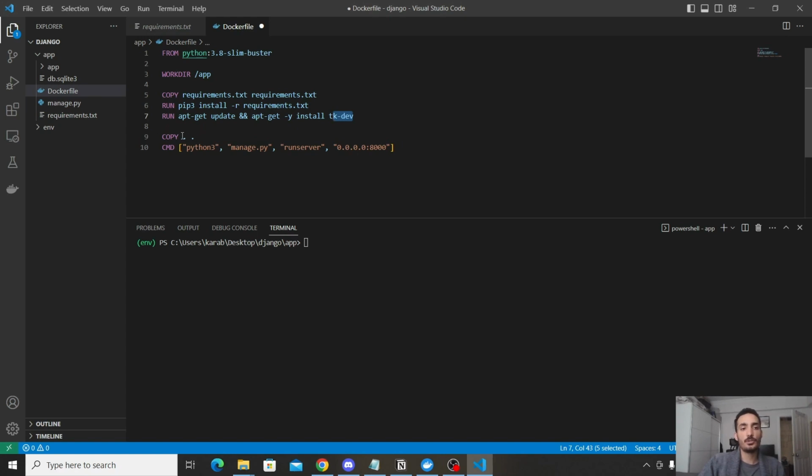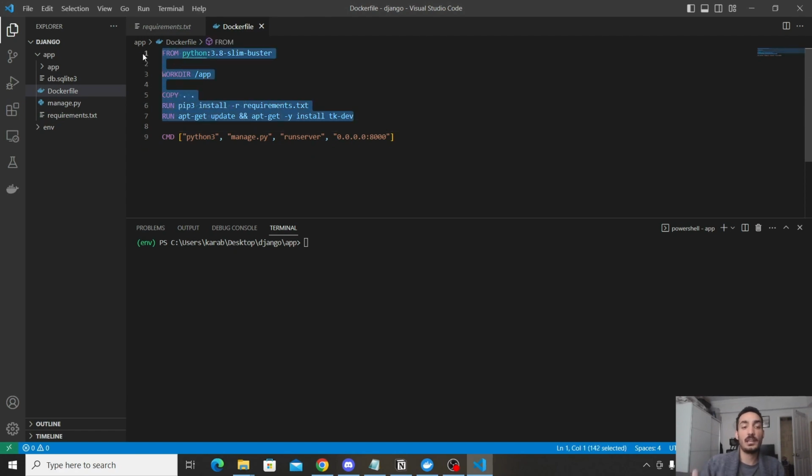Okay, copy. Copy simply means first copy dot, I mean copy everything present in here to the container, to the working directory, which is here, app. At this point, you may ask, okay, so why did we copy the requirements and then copy everything? You are right. Let's just replace it. It's the same. Right now, we copied everything, including requirements. Okay. And our last command is simply, when you do all these pre-processing steps and install everything that is required for you to run the code in your container,